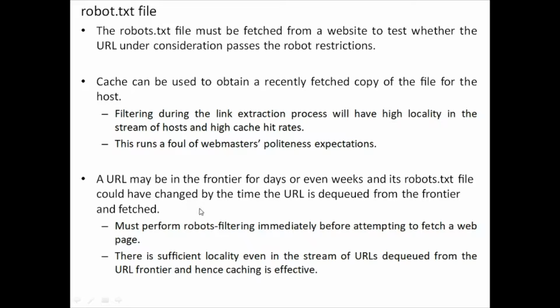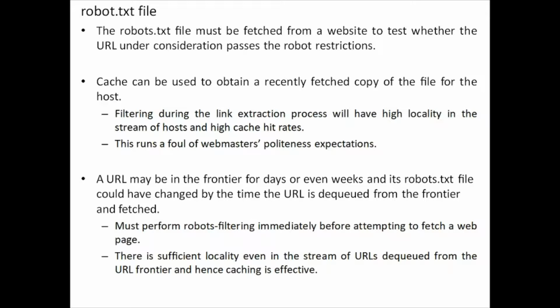we have to perform robots filtering immediately before attempting to fetch a web page. If you are performing robots filtering just before attempting to fetch a web page, we will have an updated copy of the robots.txt file, and we can ensure that the URL which we are trying to dequeue satisfies the latest copy of the robots.txt file.